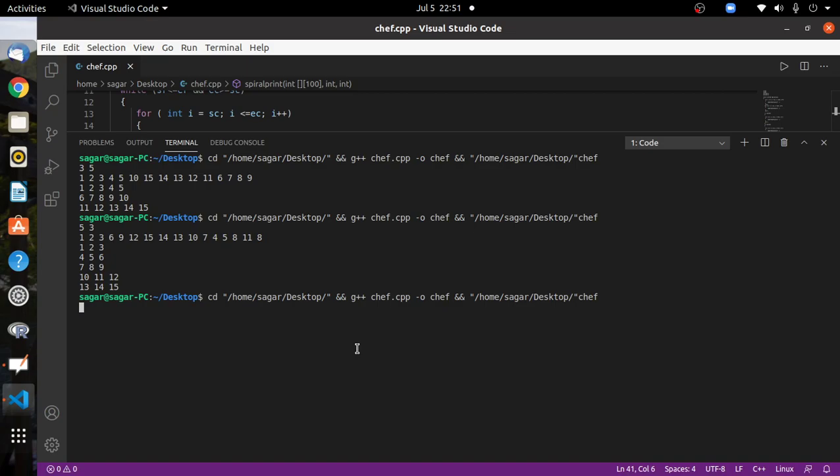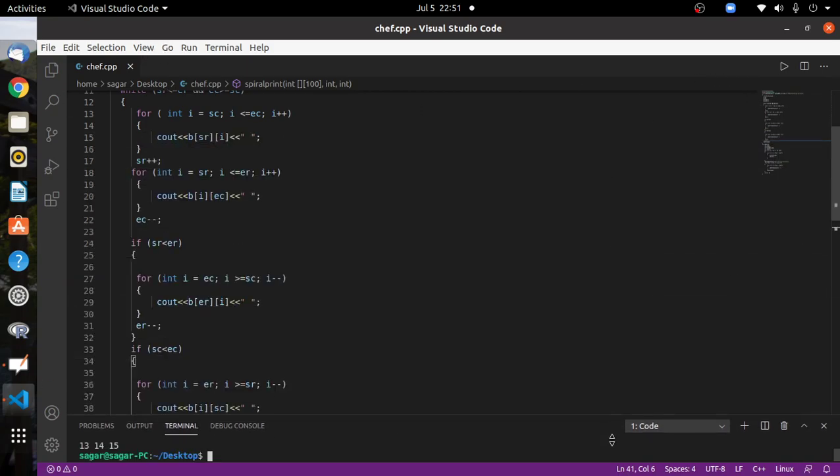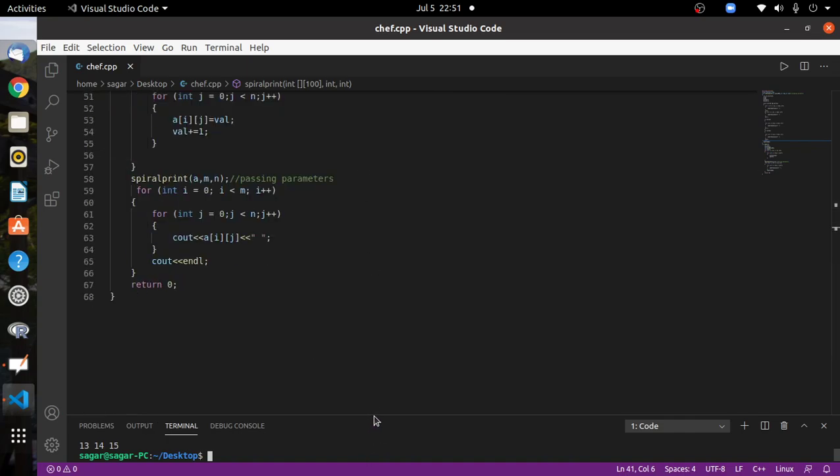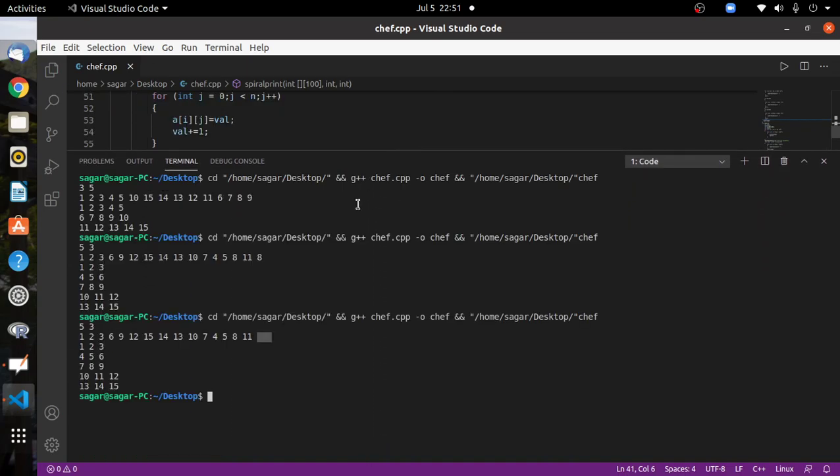Yeah, so now let's rerun and check if this has overcome the problem we were facing earlier or not, right? So let's give input 5 and 3. Yeah, so now you can see that earlier we were getting an extra 8 as an output, but now we are not getting any extra 8 as an output, and we have overcome the problem we were facing earlier, right? Now our code is complete with all the conditions we have to write to make this code sufficient, right? Now you can check this code for any input you want, whether it works for that input or not, right?